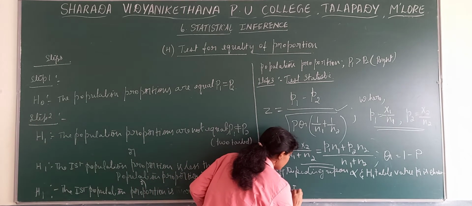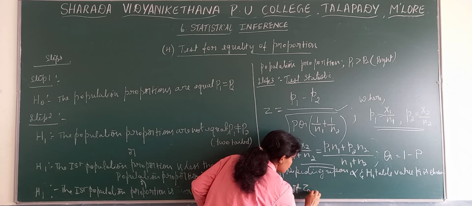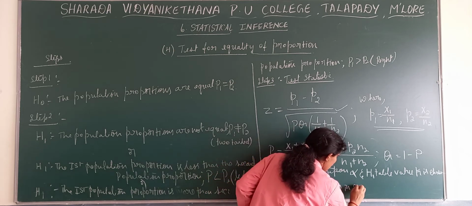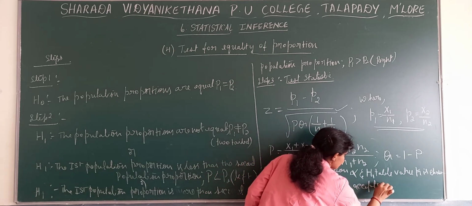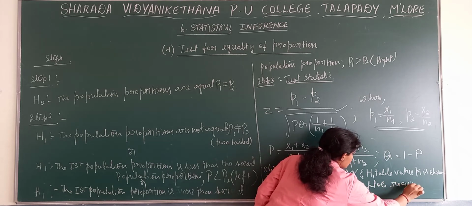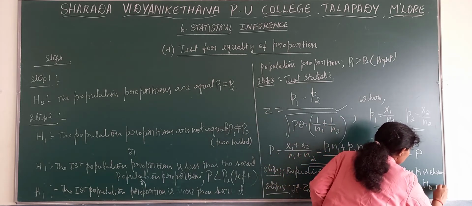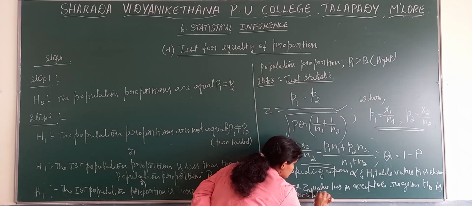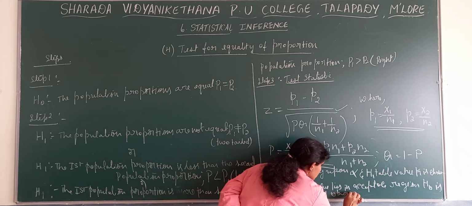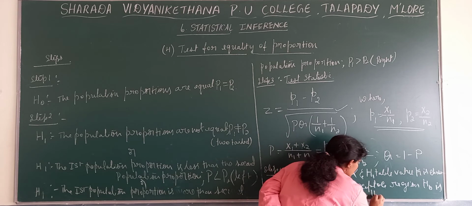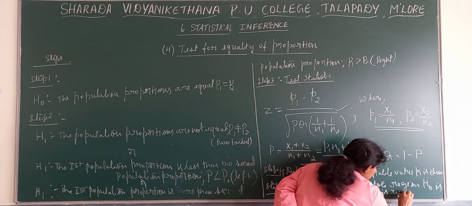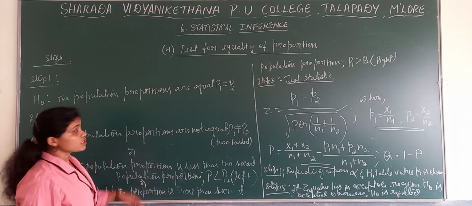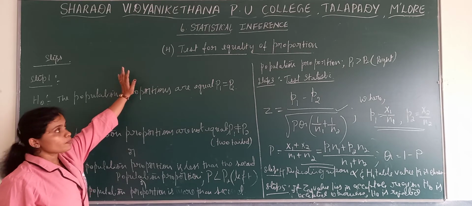If the calculated value lies in the acceptance region, H0, that is the null hypothesis, is accepted, otherwise H0 is rejected. So this is about the procedure, the steps to be followed in order to complete the procedure